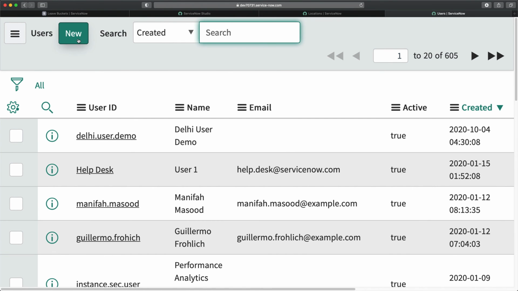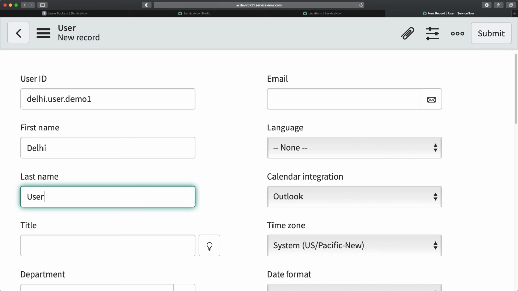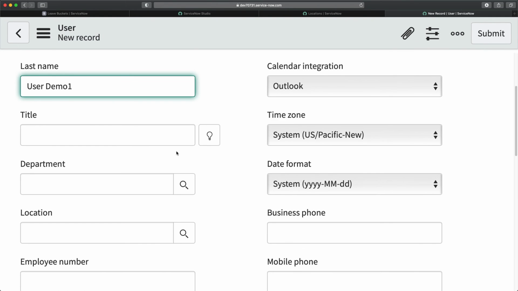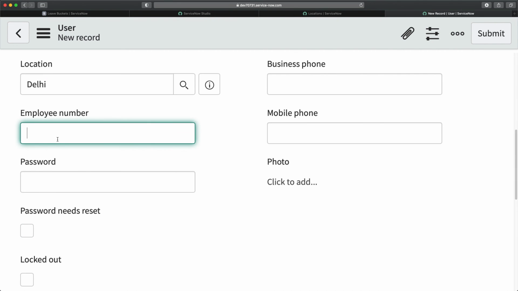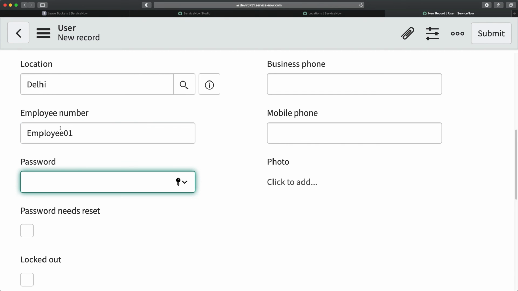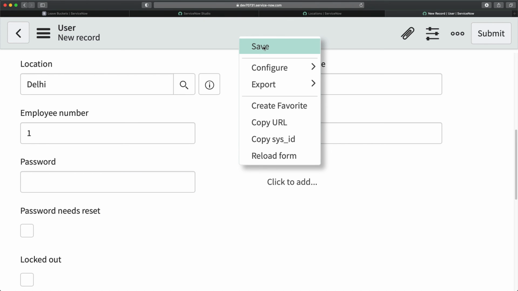sys_user.list, and this time we will give employee number, and we will also select the location. So let's say Delhi.user.demo1, and I can just do Delhi user demo 1, and I can select the location. We can see that will be Delhi, and I will give the employee number, maybe employee 00. Okay, it says employee 01. That's a number, or maybe I will just keep it 01, or maybe just keep 1 for now. That's okay. And if I click on save,